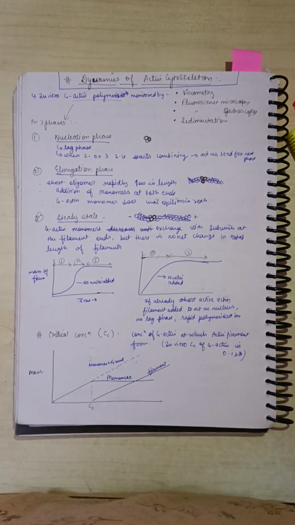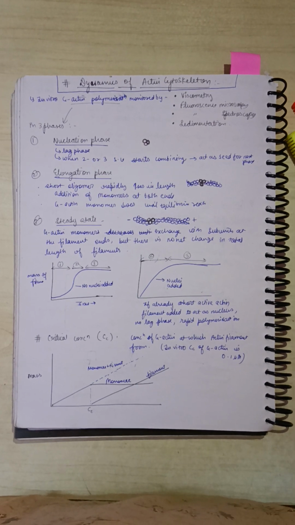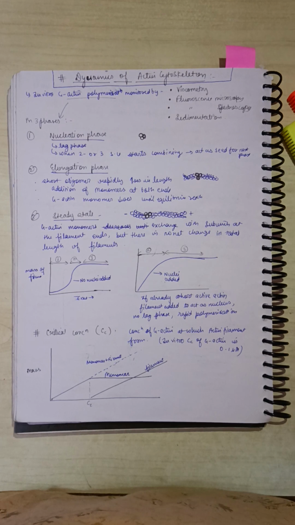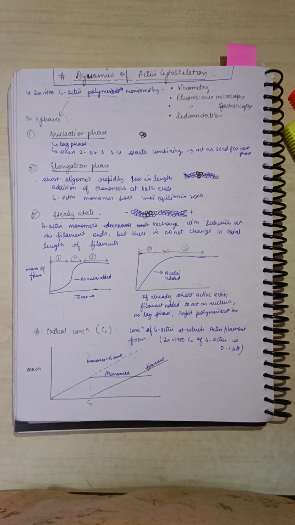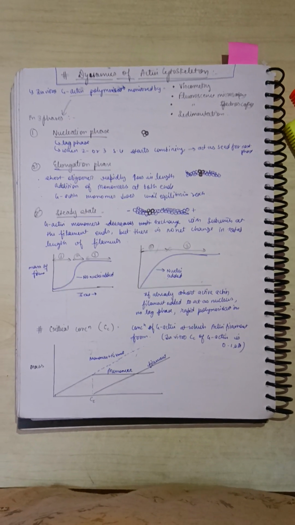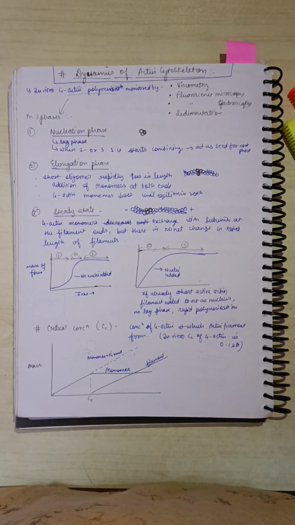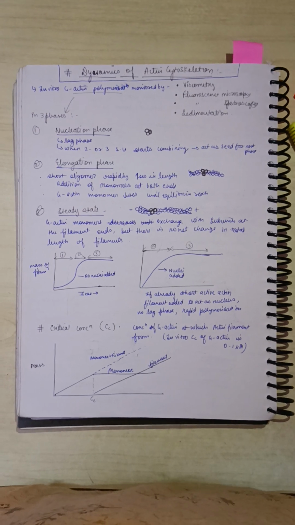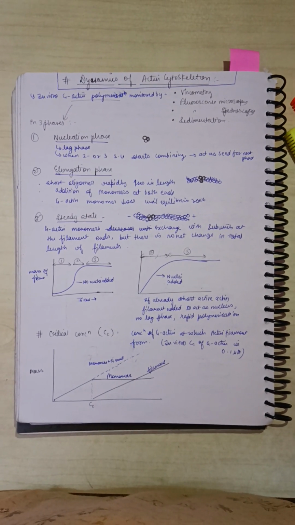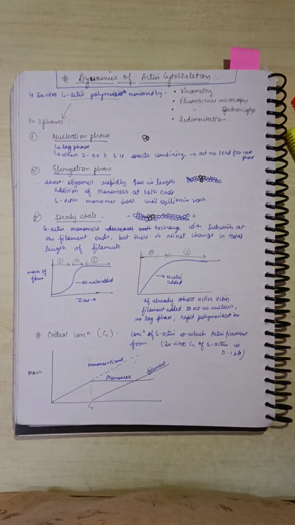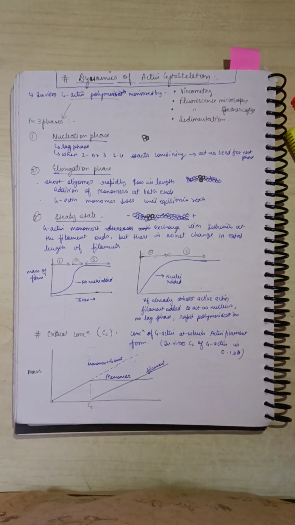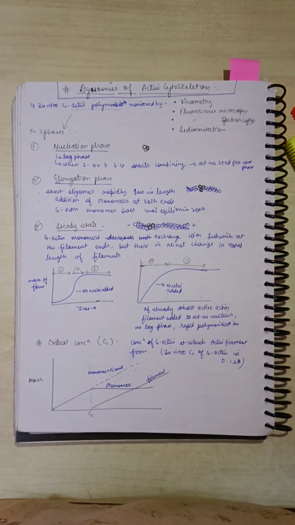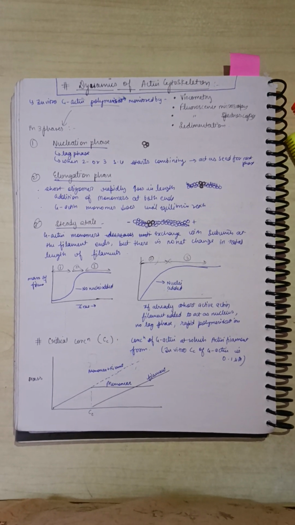The very first is the nucleation phase. It's a lag phase, or kind of slow phase. In this phase, two or three subunits of G actin start combining and become a nucleus. So this nucleus in future gets more and more polymerized to form actin filaments. Okay, so the second phase then comes, the